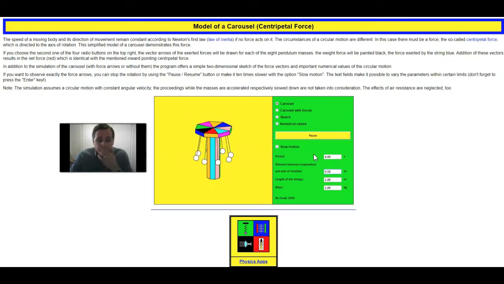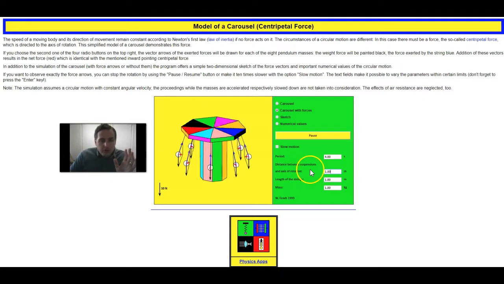Okay, well, it looks to me that the strings are closer to the axis of rotation, okay, and we note that the motion looks a little different, but not extremely different, because the period is the same. That's the time it takes to go around. So the frequency should be the same. So the angular velocity should be the same. So that should be the same as long as the period does not change for any of the rest of these experiments. But let's compare the forces to what we had before we decreased the distance between the suspensions and